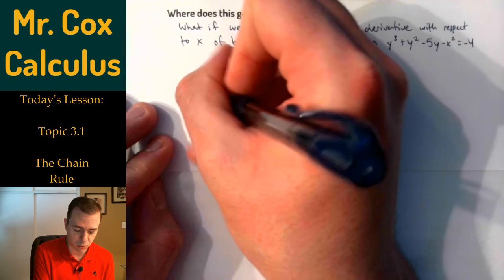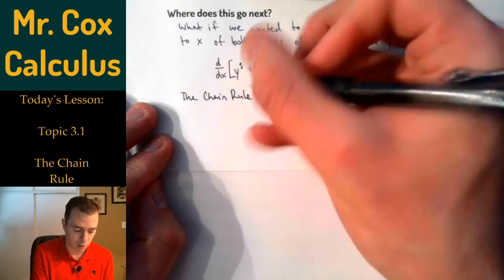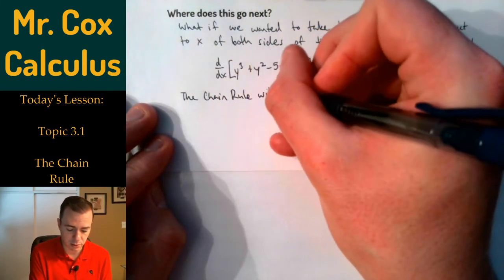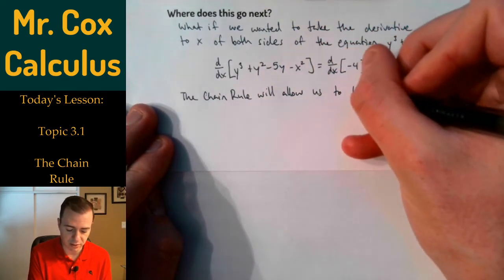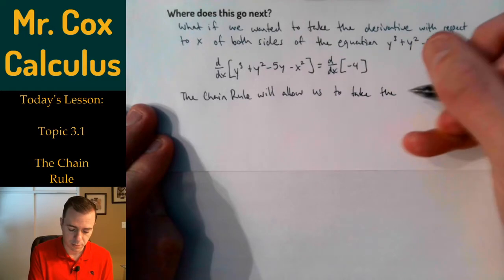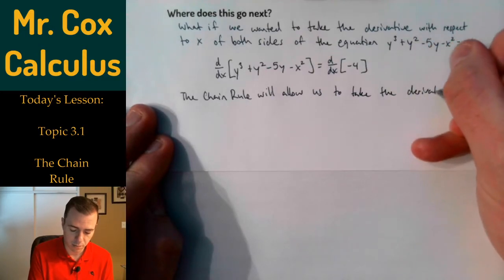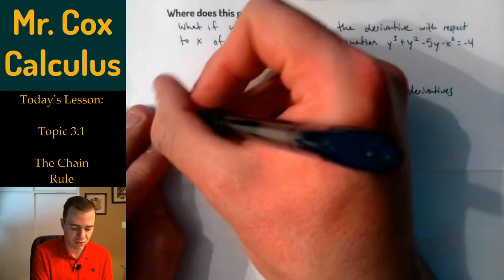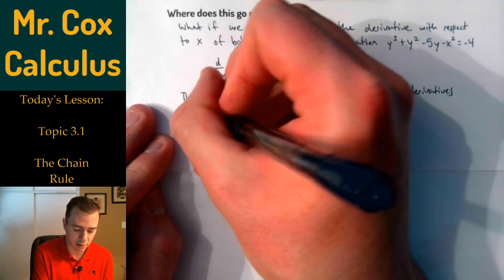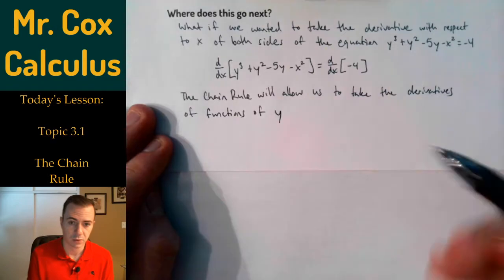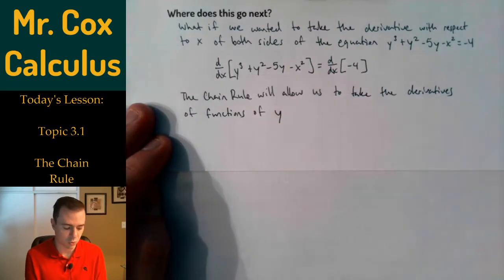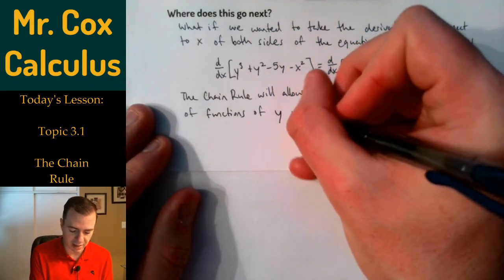So the chain rule will allow us to take the derivatives of these functions of y, so y cubed, y squared, with respect to x,